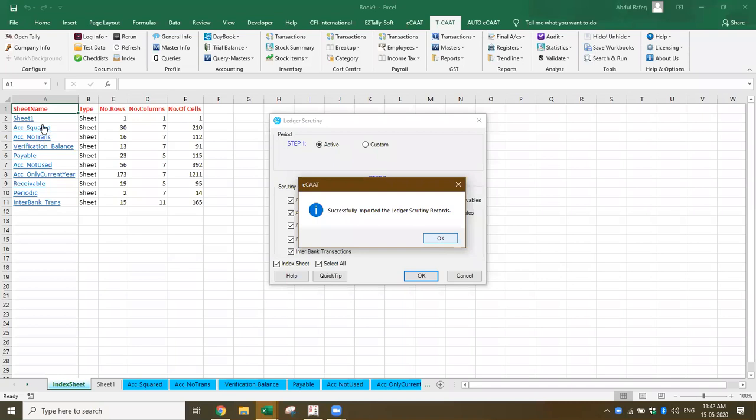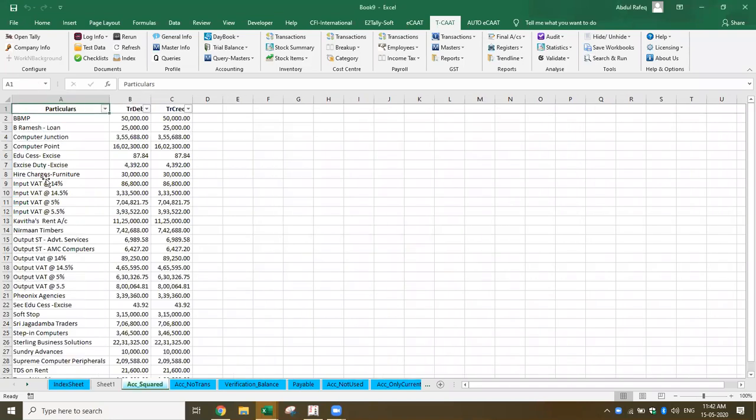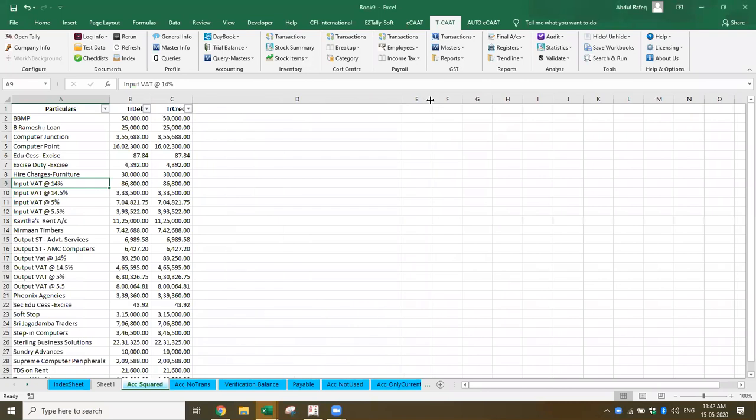Now if you see here, with the index, I want to see which are the accounts squared off during the year. What we saw in Tally, I'm able to get here. Now I can do my audit planning or audit documentation here and write down my remarks, and based on that, I can also record the audit observations. So this becomes very easy for documenting and performing your audit. Once you get the Tally data from the client, you can do a lot of audit planning work right from your office and then decide what are the specific things you want to work on.